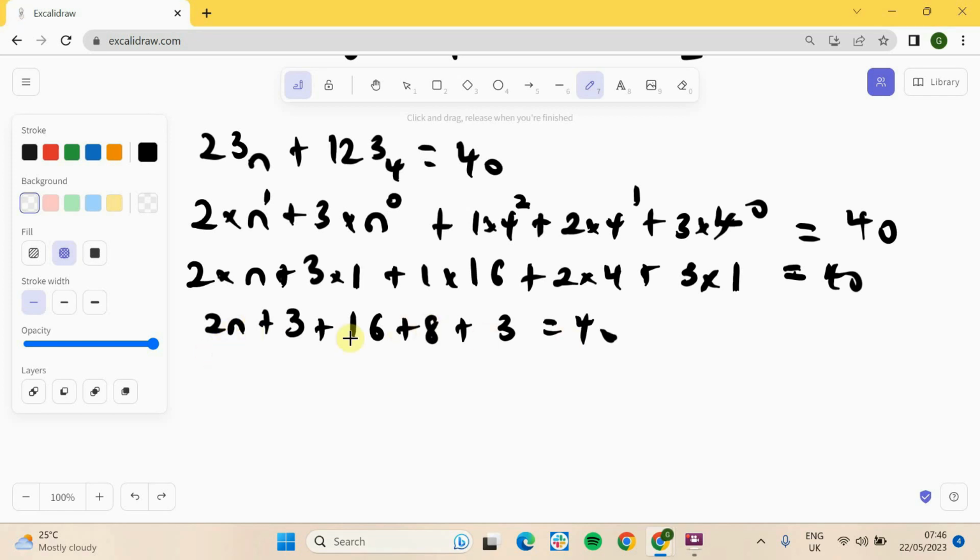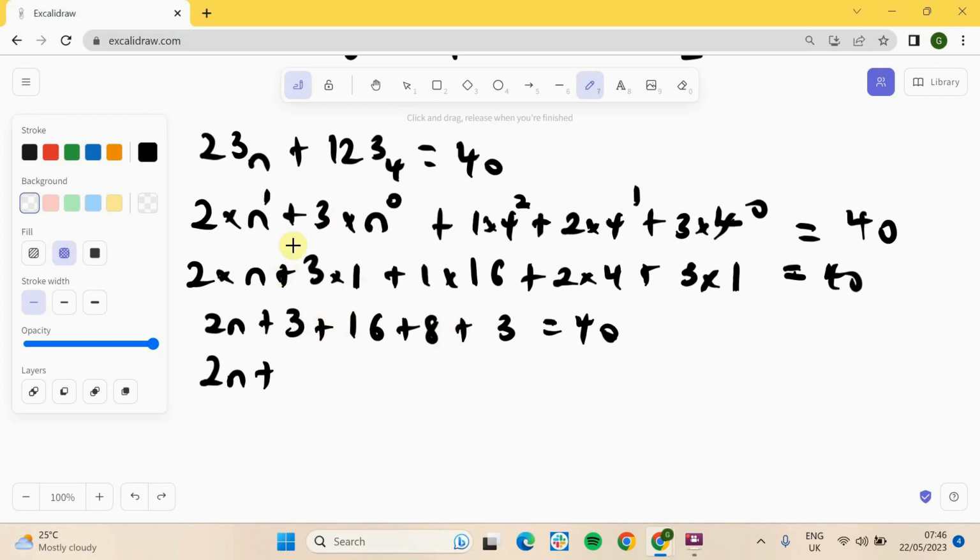So we can still simplify further. So 2n plus 3 plus 16 is what? That is 19. 19 plus 8, that is 27. 27 plus 3. So